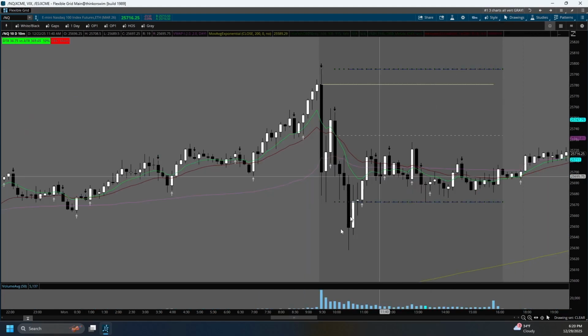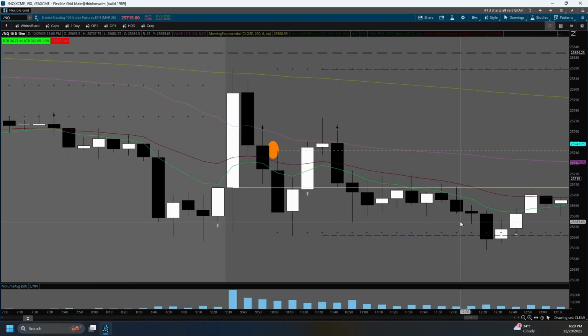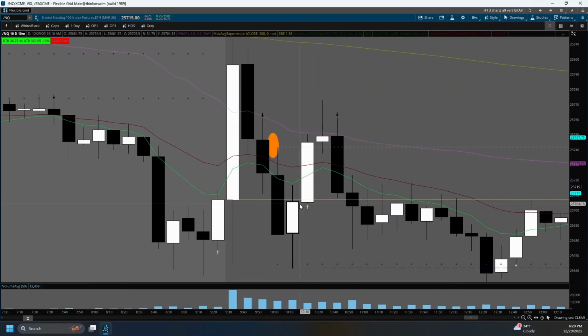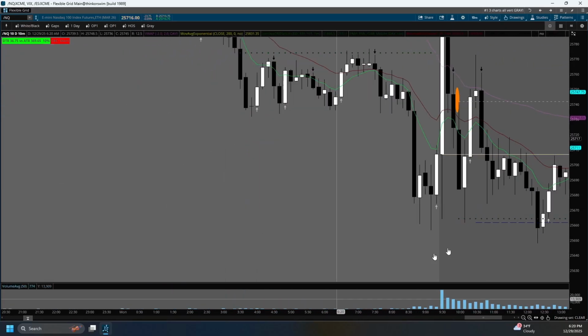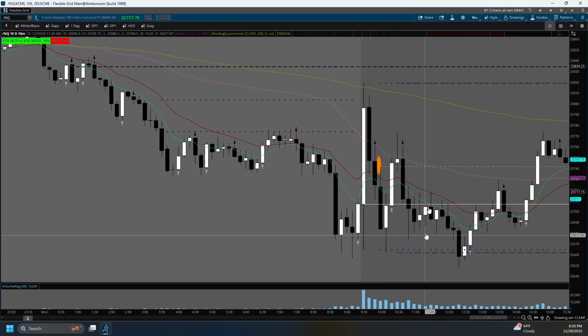So some people will get caught up in these weird situations, like right here, for example, where they're like, well, I sold it when it was green. Why isn't it going down lower? And this is a thing that I like to call the order of operations. If the first thing the candle did was break the low of day in RTH right here, and then it gets bought up, and you're seeing very strong 1, 2, 3 minute candles, it's not a short anymore. I'm not saying it's a long, but you no longer have short confirmation. And knowing to sit out of this trade is a great way to make sure that you don't lose money